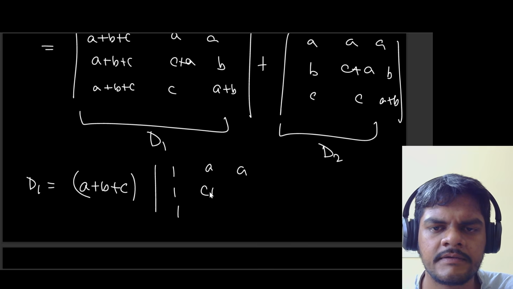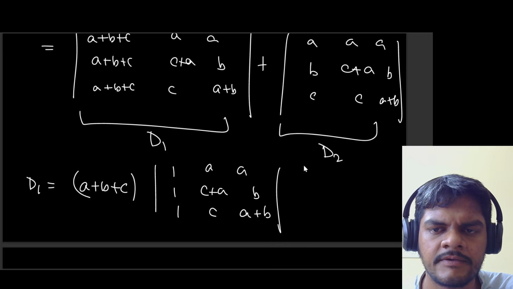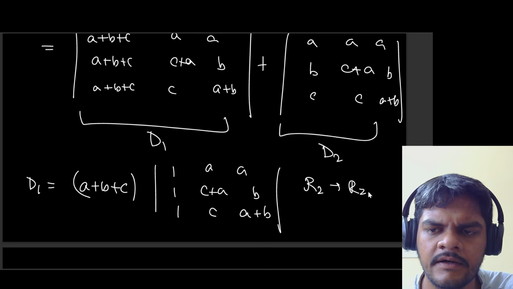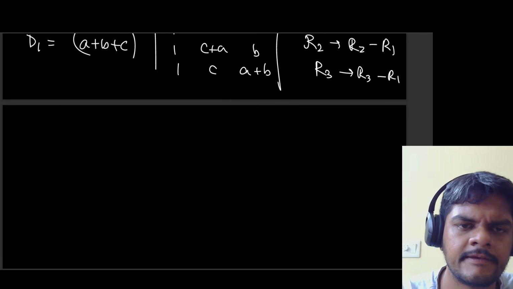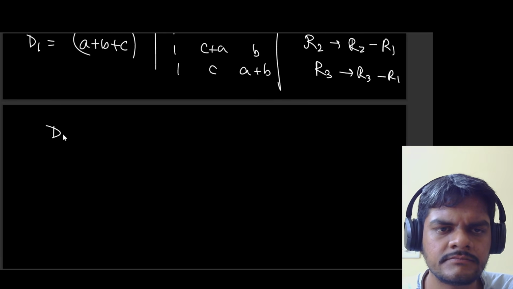A, C plus A, B, C, A plus B. So I'll do two operations again. R2 will be R2 minus R1. R3 will be R3 minus R1. So D1 will be equal to A plus B plus C into